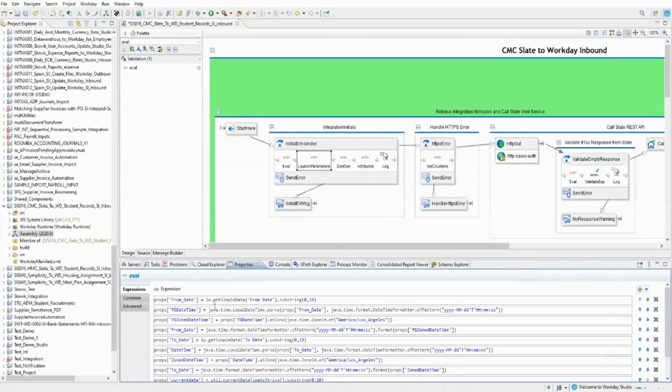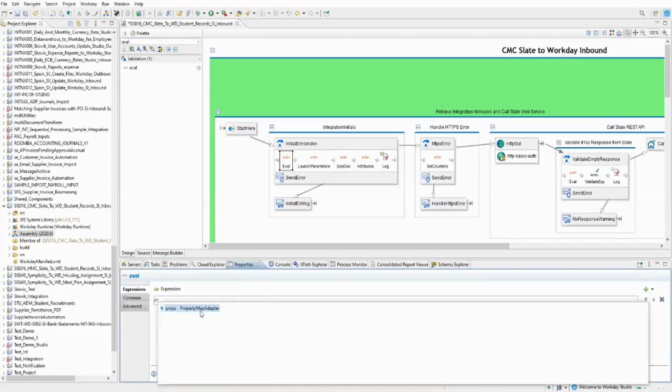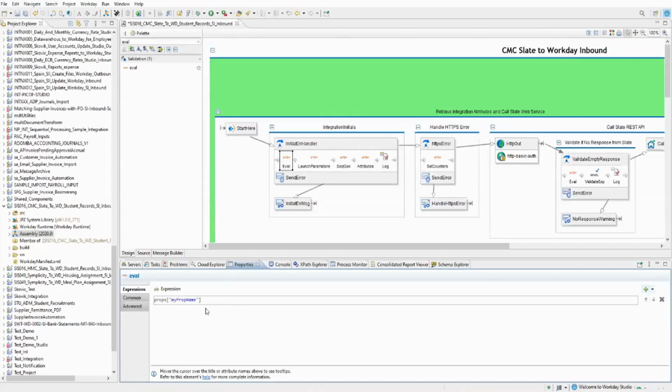So now let me show how we do it. The first thing is a variable, which is called a property. To declare, you just write props. The short form of properties is props. And in Studio there is this helper. You do not have to write everything. You just write PR and then do control space, and it opens up like this, then you can double click and it just populates. So you see this, my prop name.